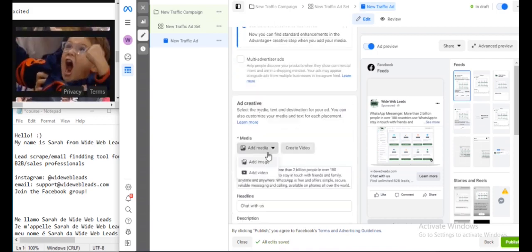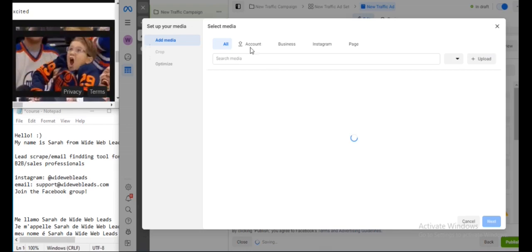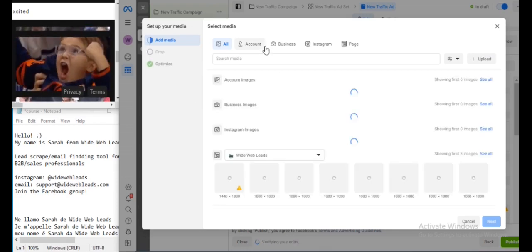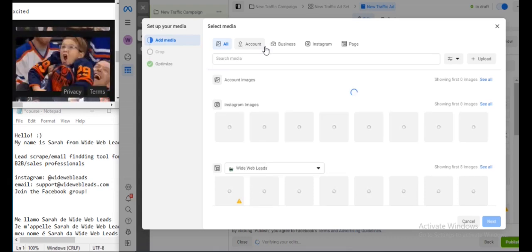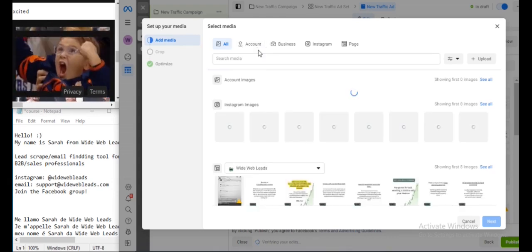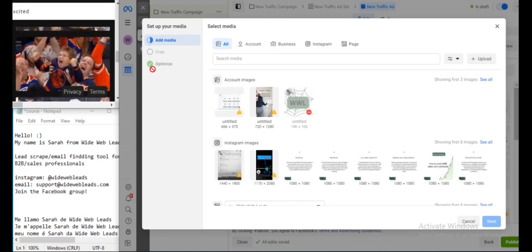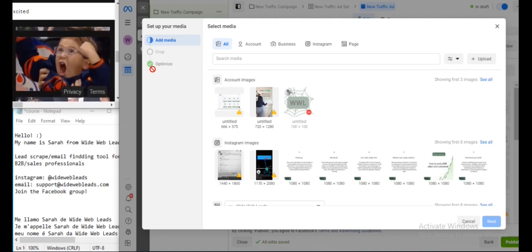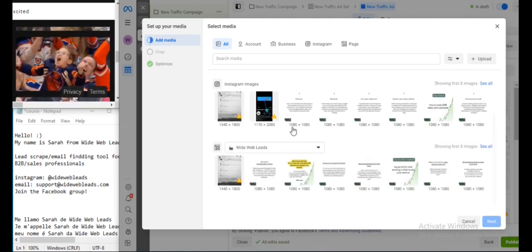Here you just upload a video. I'm just going to add an image. You don't want to use a stock image either. You want to definitely use an image that either showcases testimonials, or that is eye-catching, engaging.